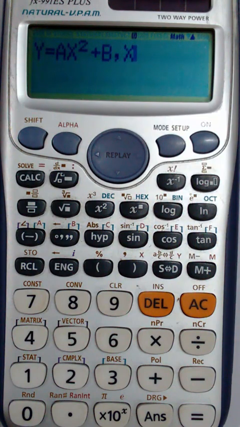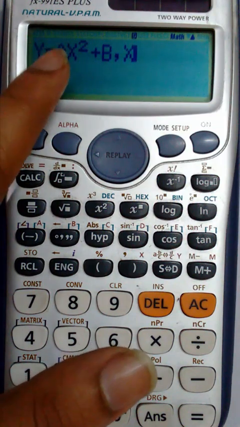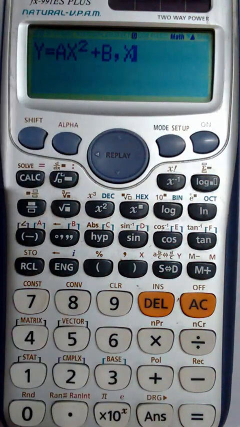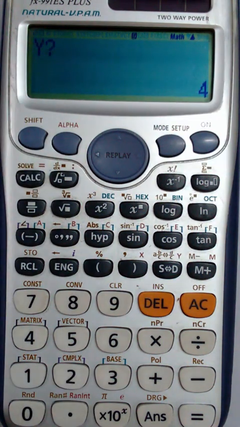For X, when Y is equal to 0, A is equal to 1 and B is equal to minus 2, how to solve this example? I have to put A equal to 1, B equal to minus 2, and I'm pressing shift solve, Y is equal to 0,